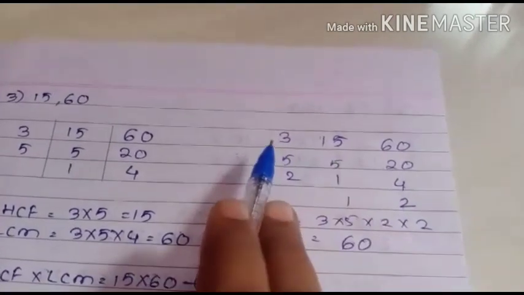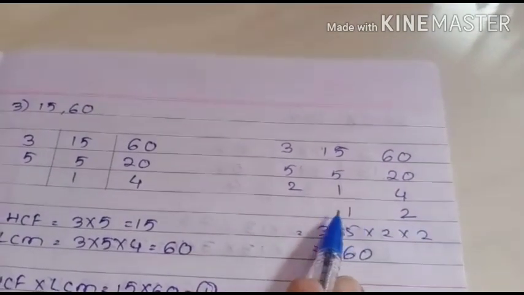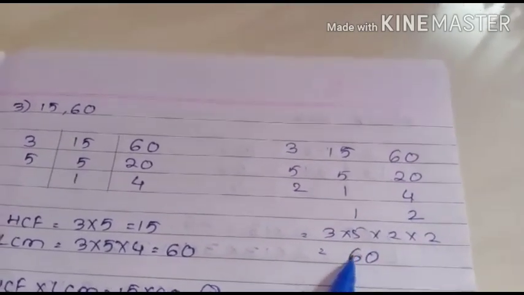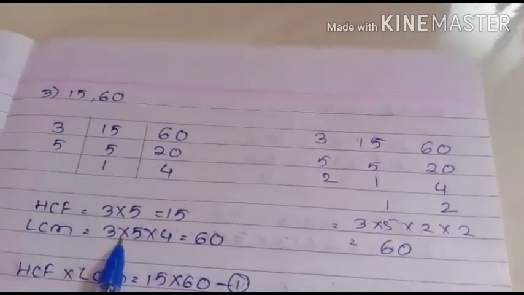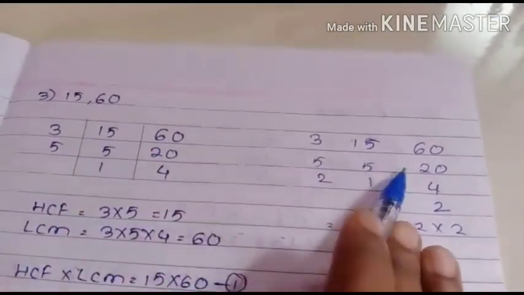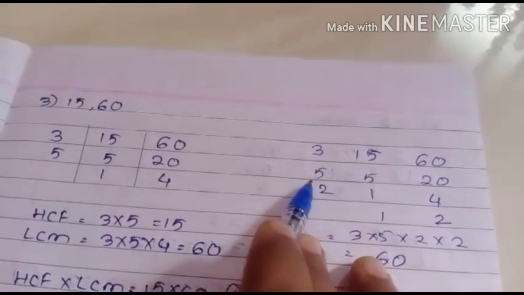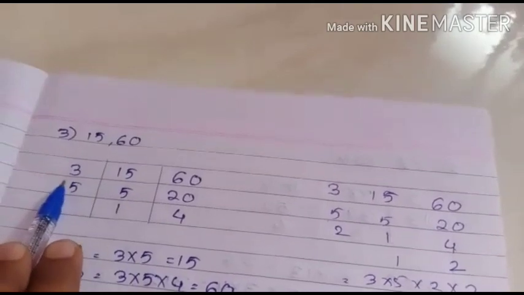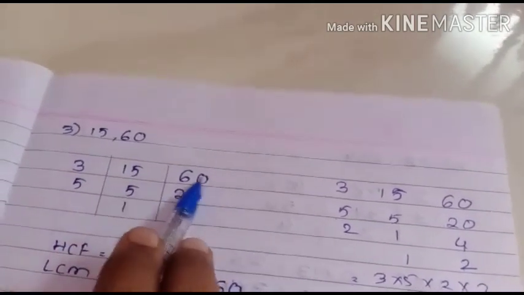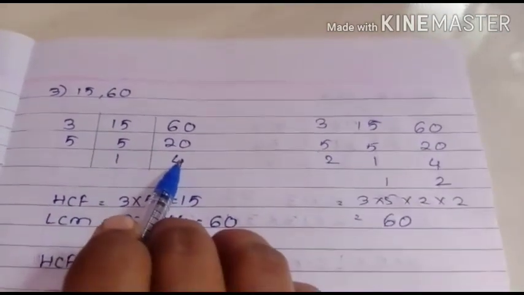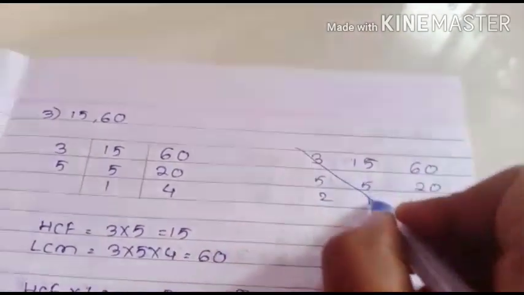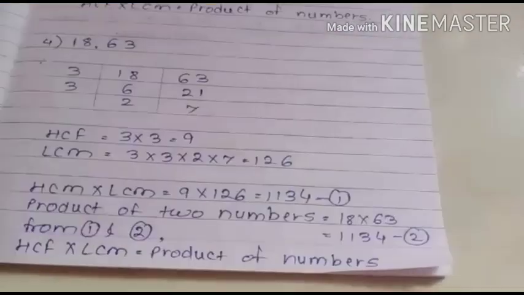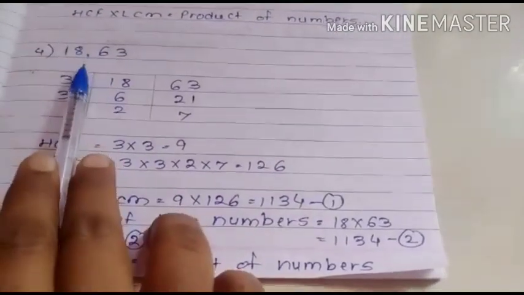So LCM is this factor as well as this factor. So 3 multiplied by 5 multiplied by 2 multiplied by 2. The answer came 60. Here also the answer came 60 only. Is the difference between the two clear to everyone? This step we cannot follow for SCF. For SCF, the factors which come should be divisible by both, not only one. Clear everyone? So this method we cannot apply for the SCF. Understood everyone?